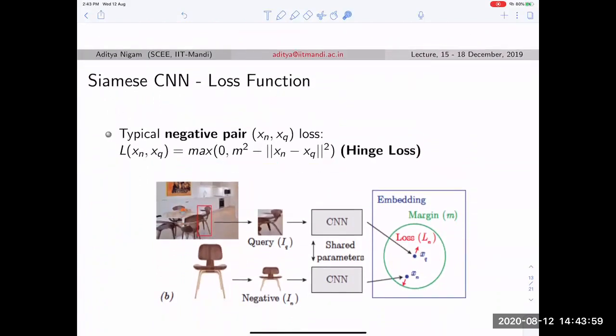Can you understand the meaning of this? Just explain what it can be. Sir, m here is mean. Small m is actually a margin, some value. Sir, then it is showing the deviation from m. It is actually a deviation, that how much you are different or far, how much your distance, the distance between this pair, how far it is from the margin.